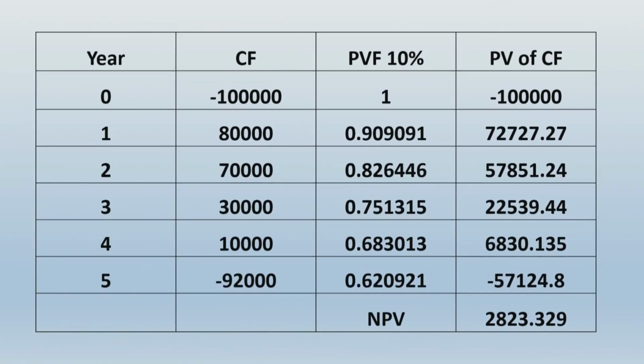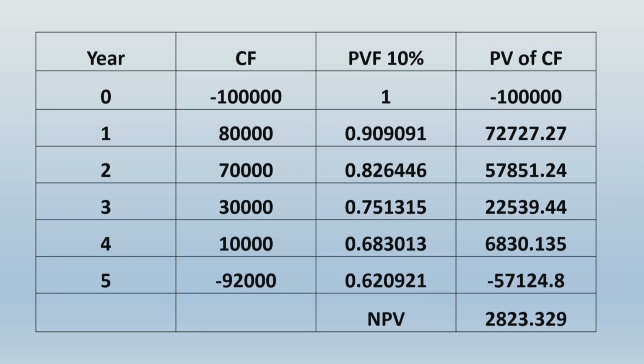The correct answer will be a positive NPV of 2823. Now obviously I have used Excel sheet calculations, and your calculations may be little different because of rounding off, but it is fine if you are getting difference of 1 or 2 rupees, but too much of difference is not good. So NPV at 10% discounting rate comes to 2823.